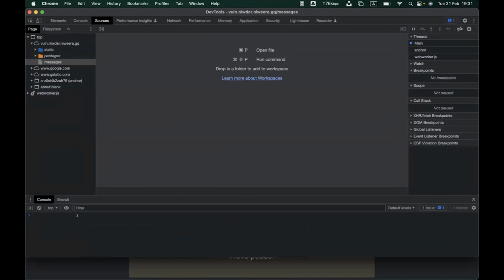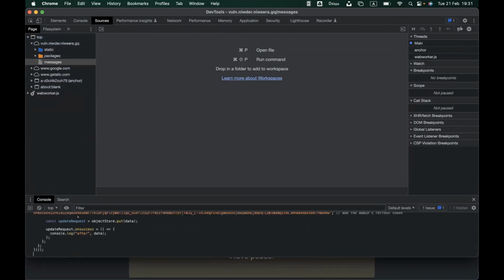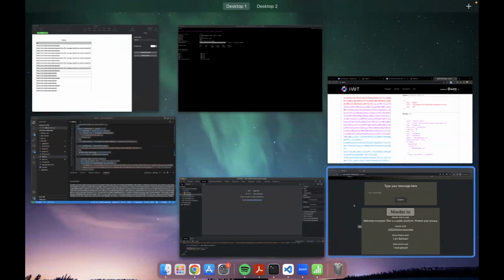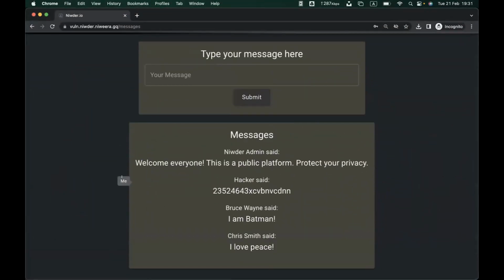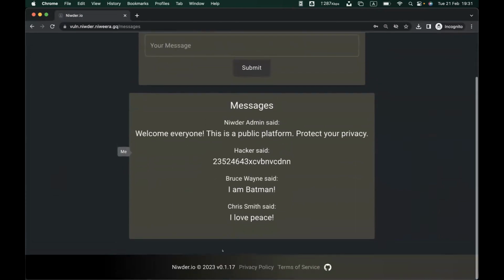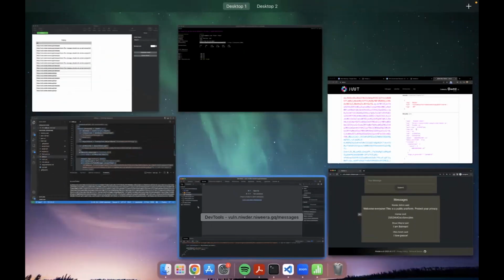So what I'm going to do is run a script in this platform. I will try to run this script. Let's see what happens. If my script runs properly, you will see that this me will be changed to admin, and I will be shown the admin panel. So let's try what happens.